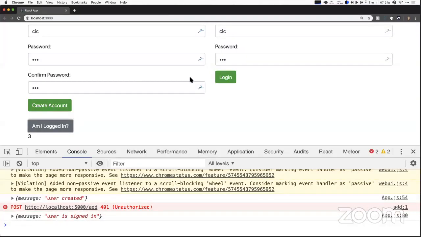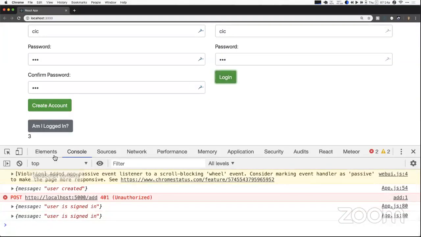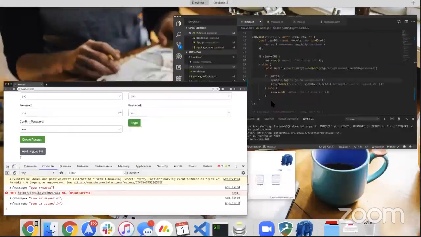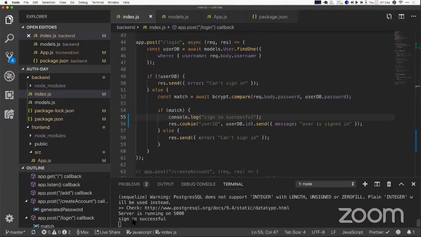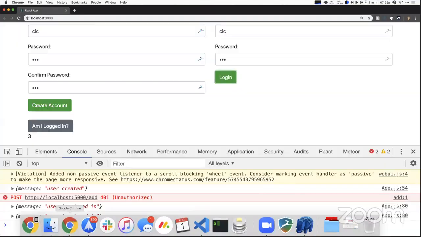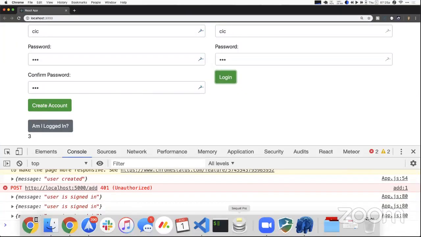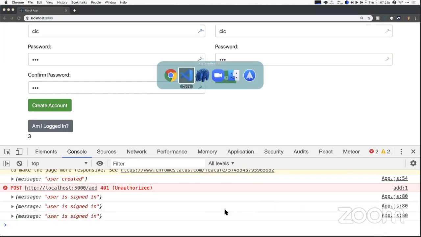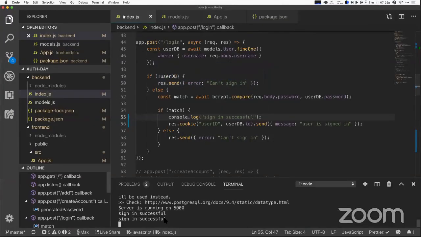Okay, so we're gonna go back here, hit our login button and we get user signed in, and we're gonna go to our terminal and we see sign in is successful, right? Nothing's changed, that was working before. But if we go back here and hit login again, we go back to our code and we still have sign in successful, which means we checked the password again. We did all that hashing and the username and the password, and we don't need to do that because